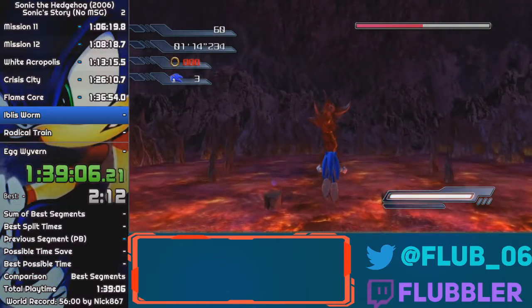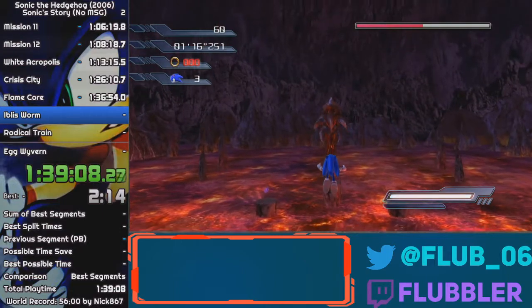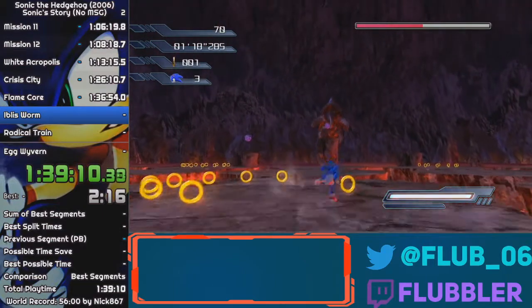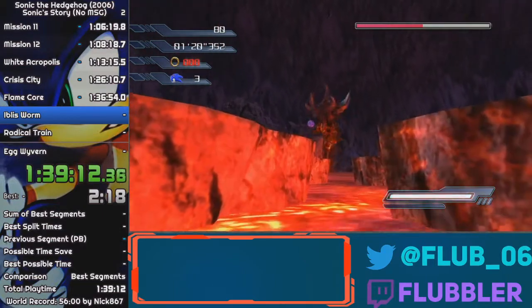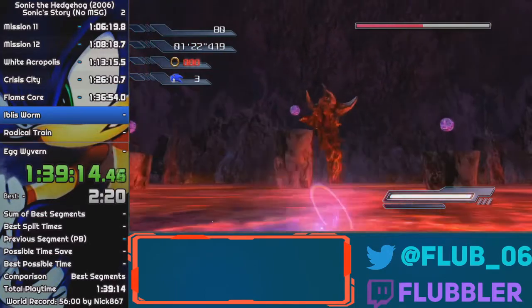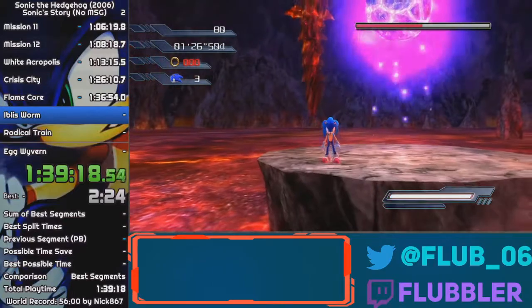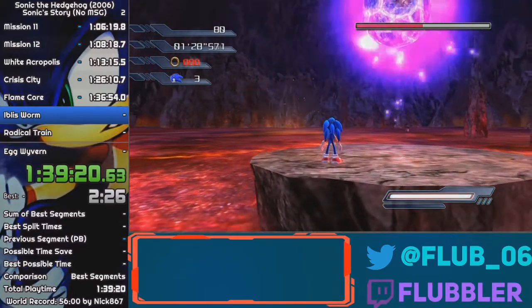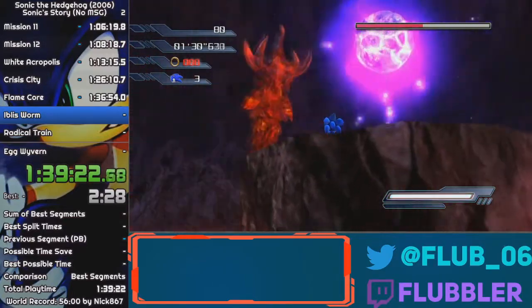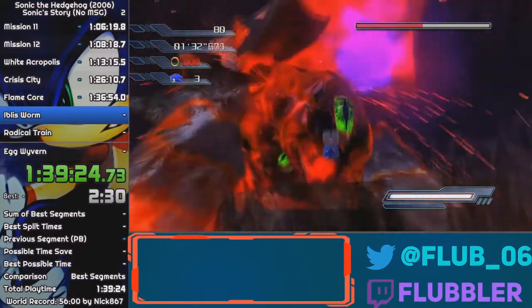And looks like we got bad RNG the second time, so yeah. You'll know if you get bad RNG on this particular thing, because you'll see the platform not coming. So spin kick here, and then